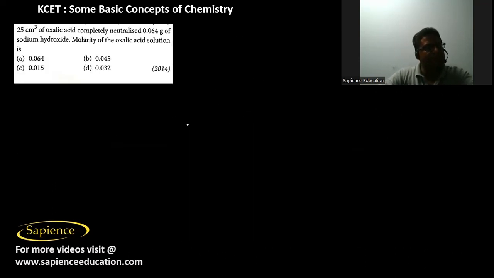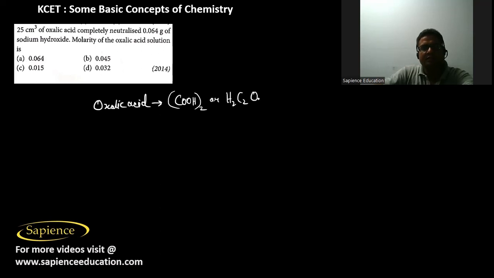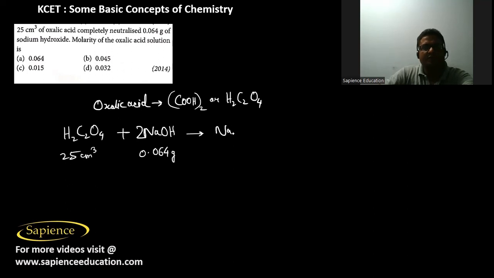Then here it is told that 25 centimeter cube of oxalic acid completely neutralized 0.064 gram of sodium hydroxide. Oxalic acid, as we know, is (COOH) whole twice, or we can write it as H2C2O4. It will react with 2 moles of NaOH to form Na2C2O4